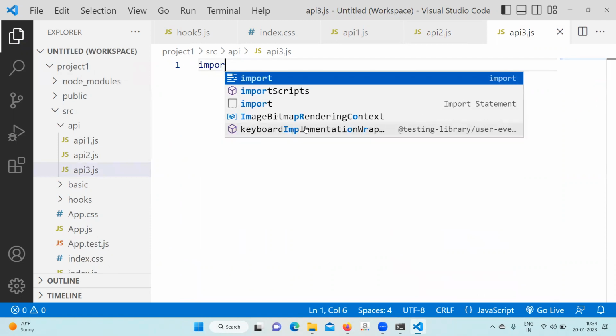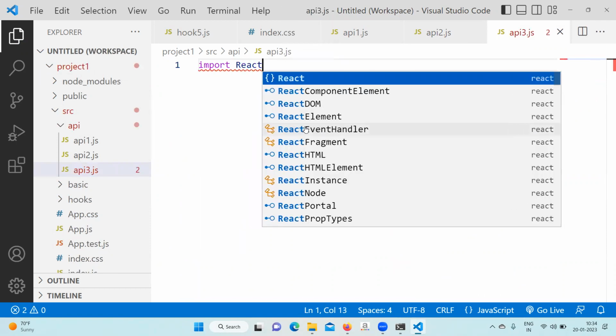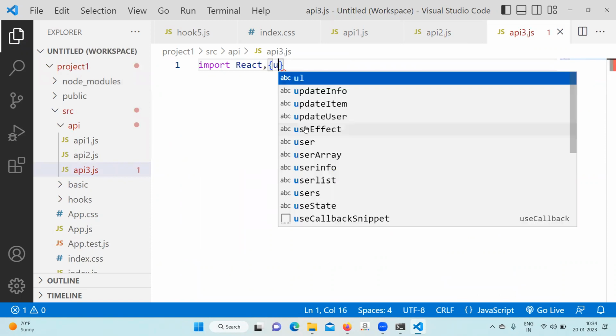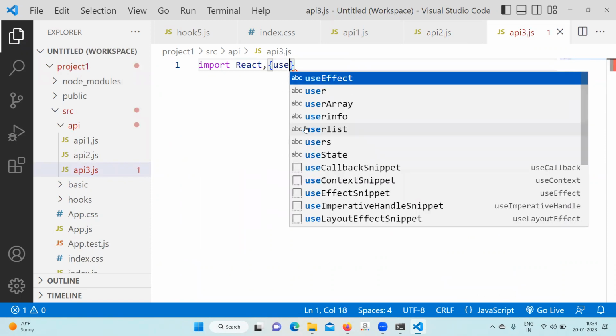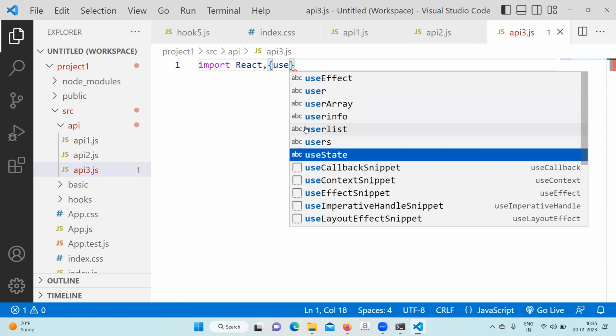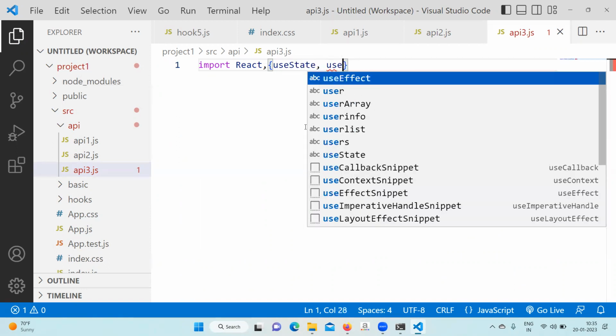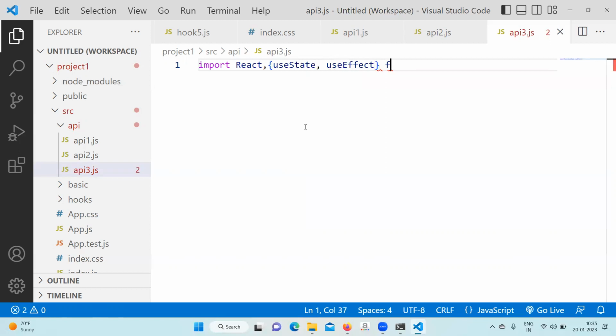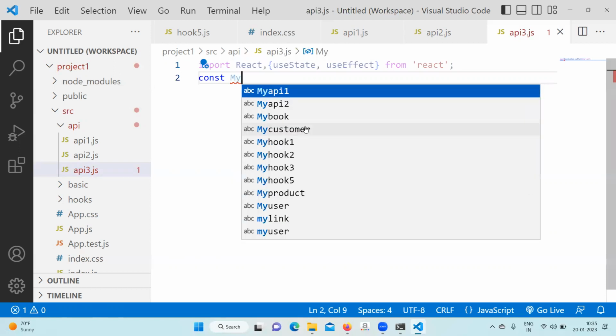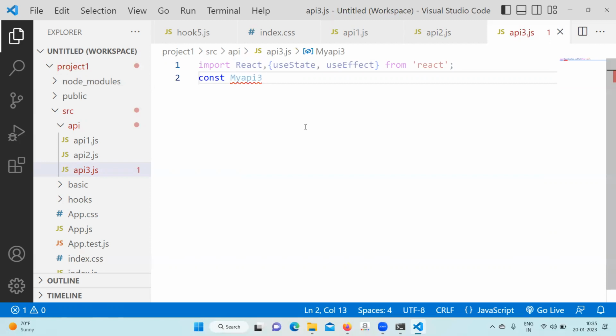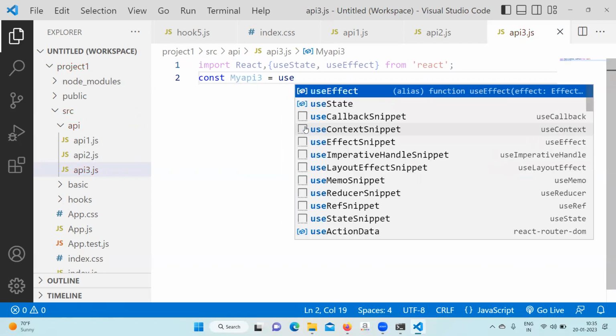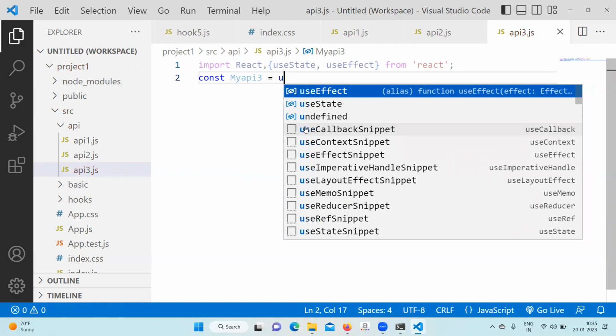Import React, useState, useEffect from React. const MyAPI3, users equal to